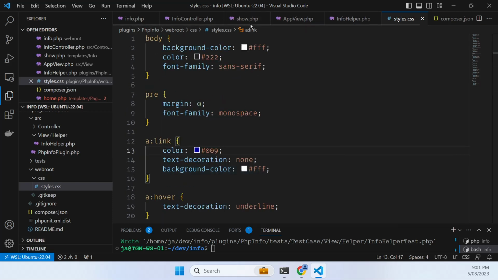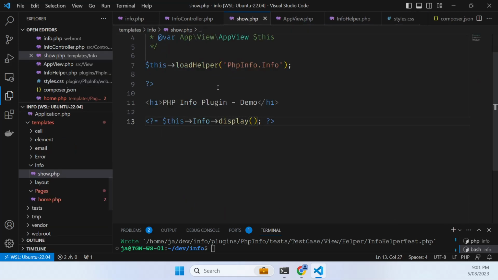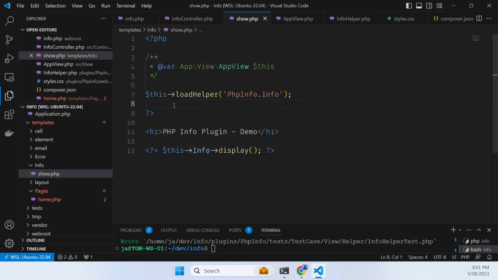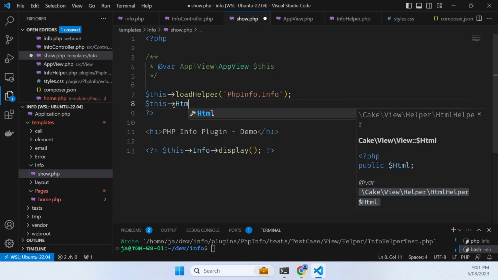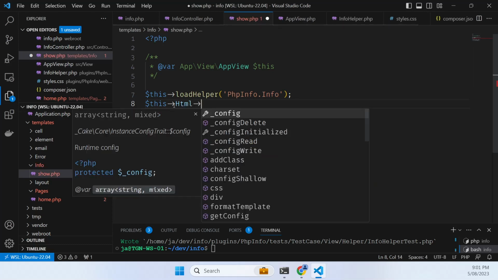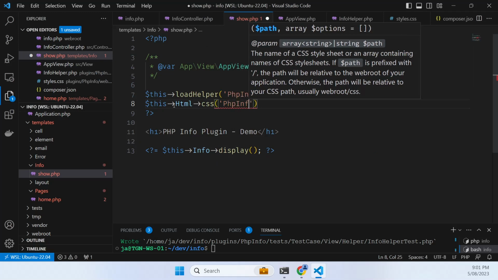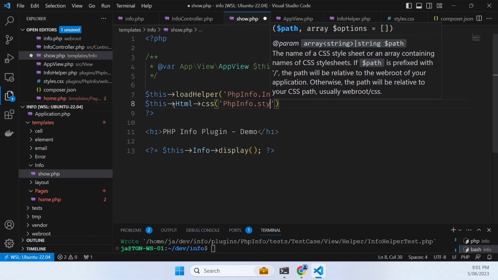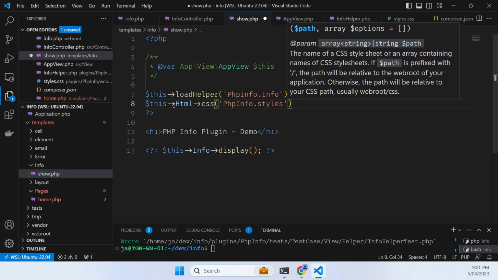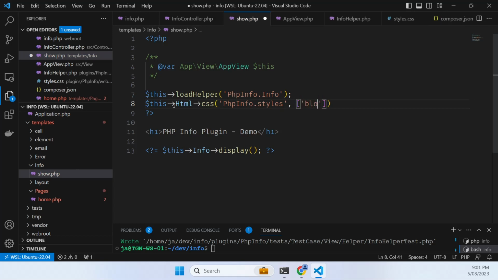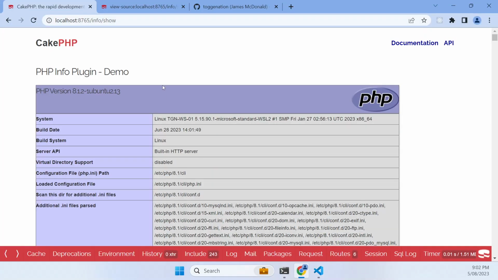Now we can go in here and use another helper, the HTML helper, and tell it about this phpinfo.styles file. We don't just want it put into the body, we want to put it into the standard CSS block. And if we now reload,